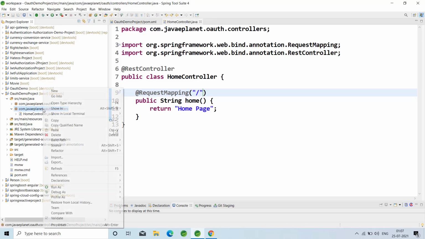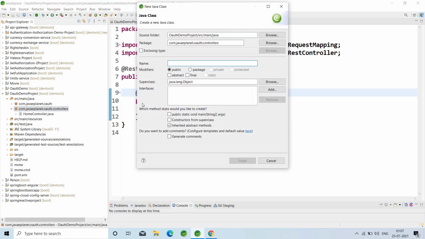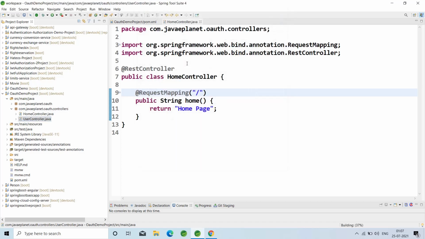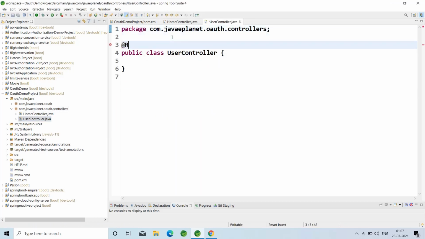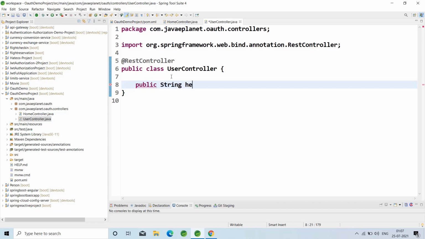Create another controller, which is the UserController. Annotate it with @RestController. Write one method, public String hello.